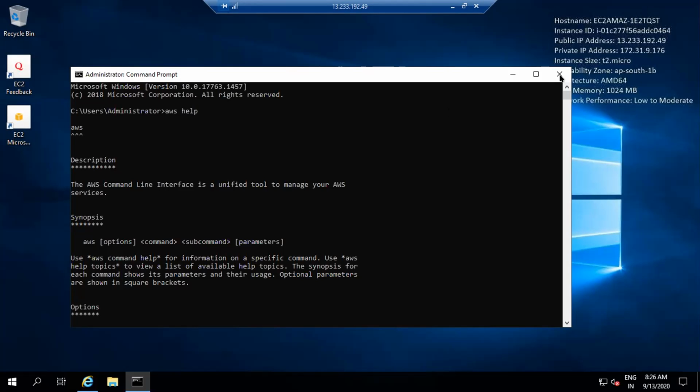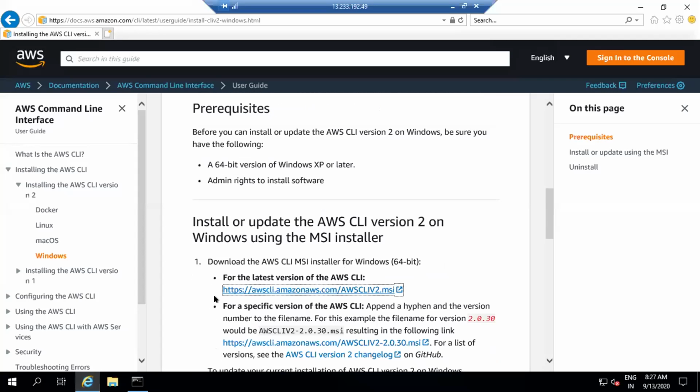I have installed it. Shweta, are you on your own machine or on the EC2 instance? I am on the EC2 instance. I opened Internet Explorer, searched on Google, got the CLI file, and ran it, because it will get installed here only.